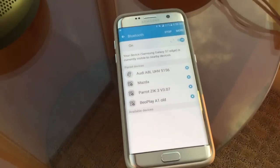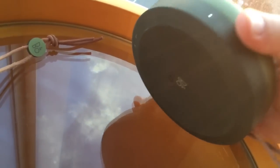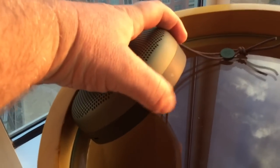If I go to Bluetooth, the trick is just to pair one of them. Okay, so there's one. I've marked these old and new. One's a day older than the other one, so kind of twins. So you notice that the Beo old is paired. This one I'm just going to turn on. I set it up and disabled it from automatically pairing, because if both are paired at the same time,